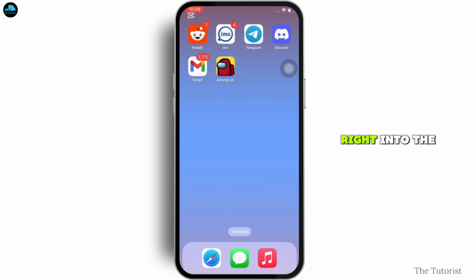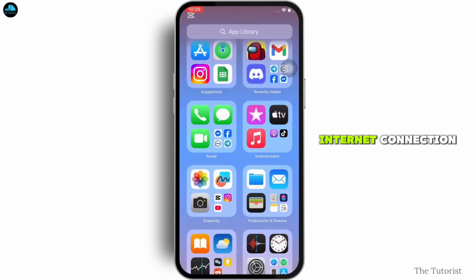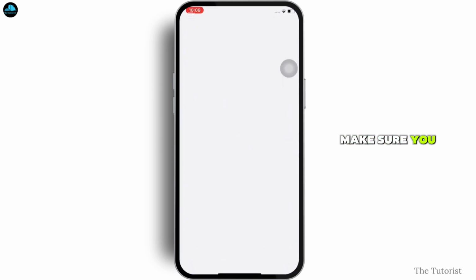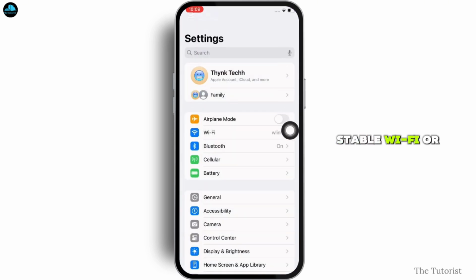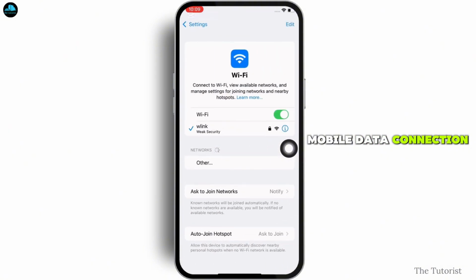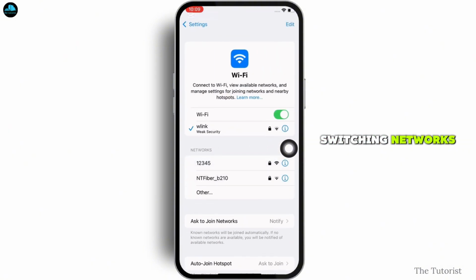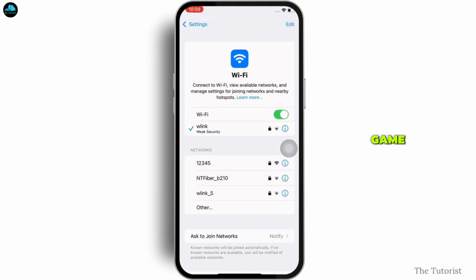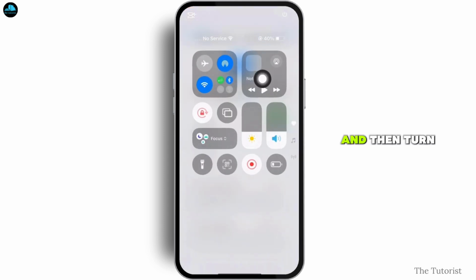Now let's get right into the tutorial. Firstly, check your internet connection. Make sure you are on a stable Wi-Fi or mobile data connection. You can avoid switching networks while launching the game. Also, go ahead and enable airplane mode and wait for 5 seconds, and then turn it off to reset your